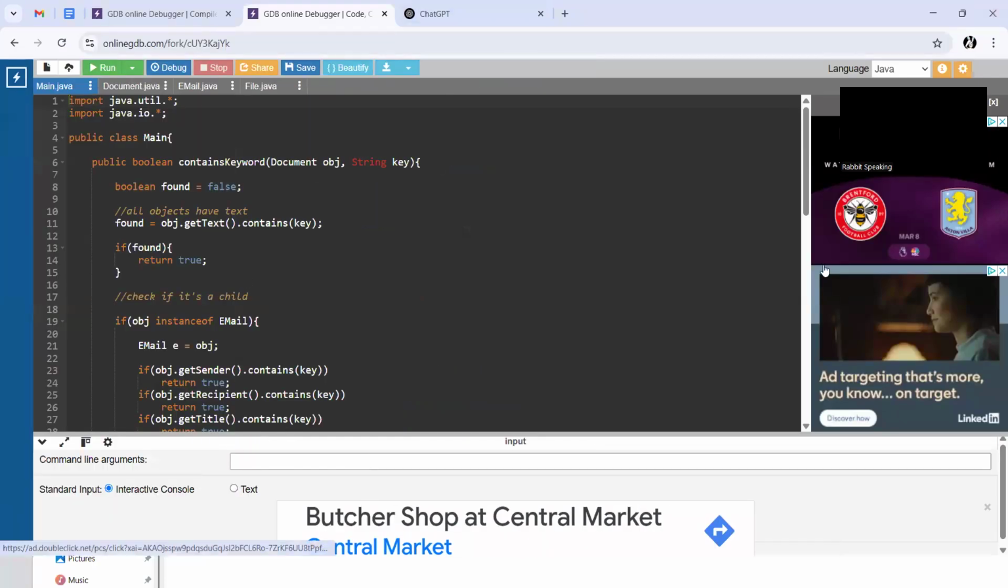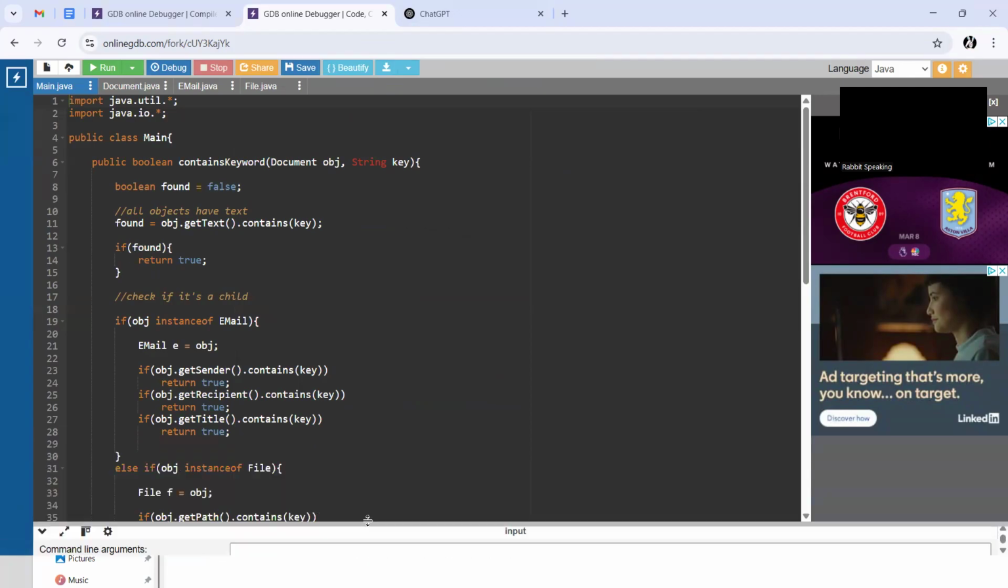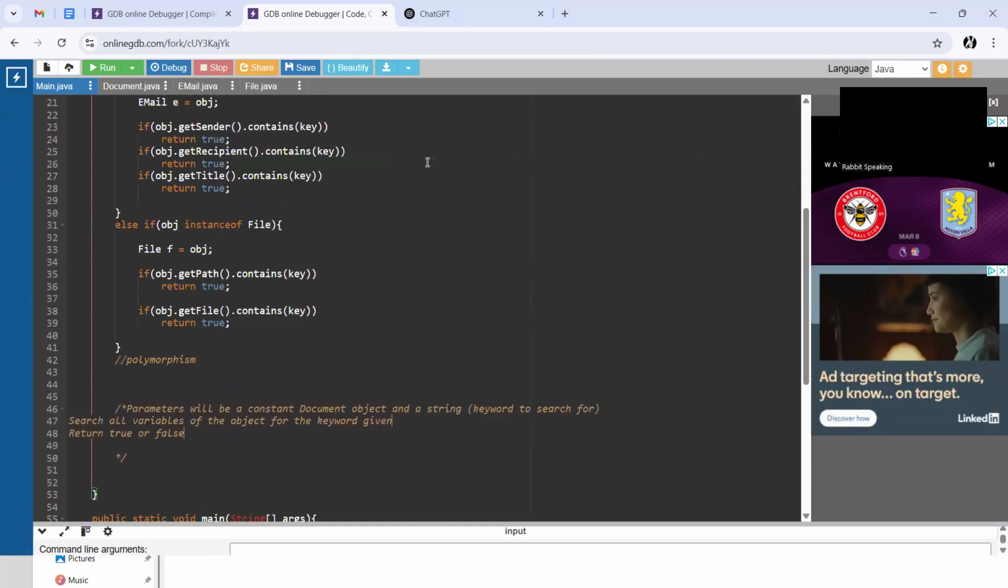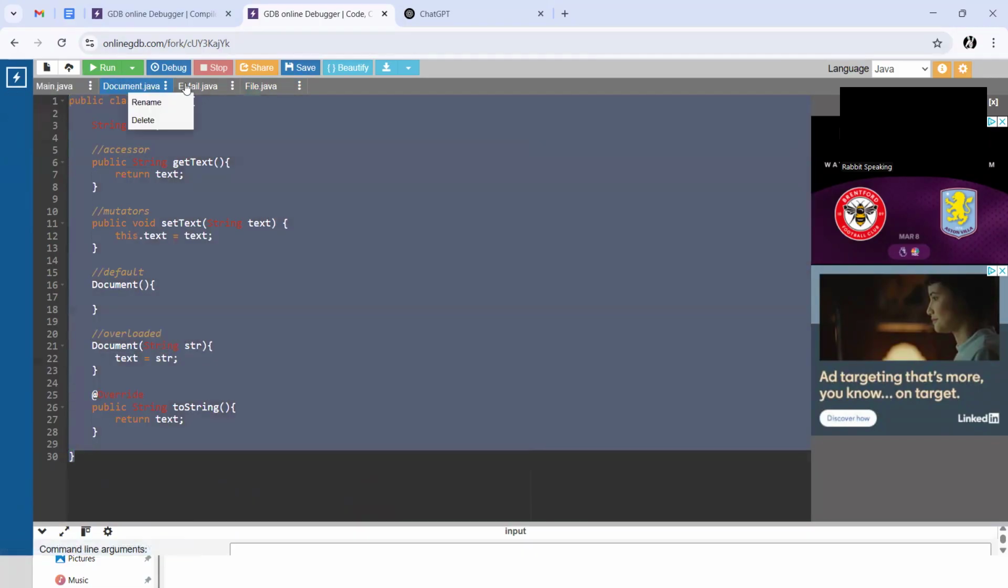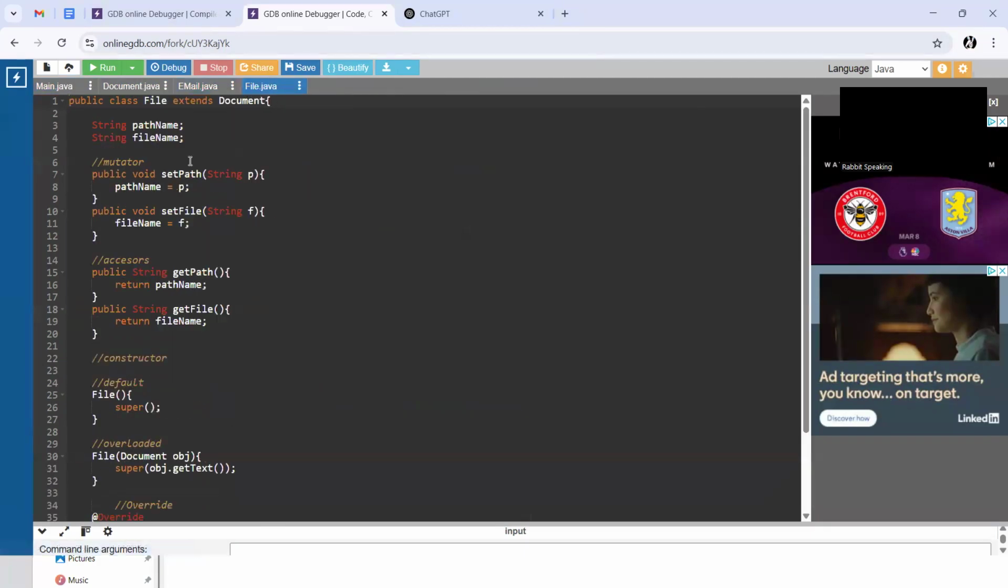Okay, now I'm gonna try debugging this code. What this is supposed to do is we have three classes: file, email, and document. The document is supposed to serve as the parent class, and email and file are supposed to serve as two